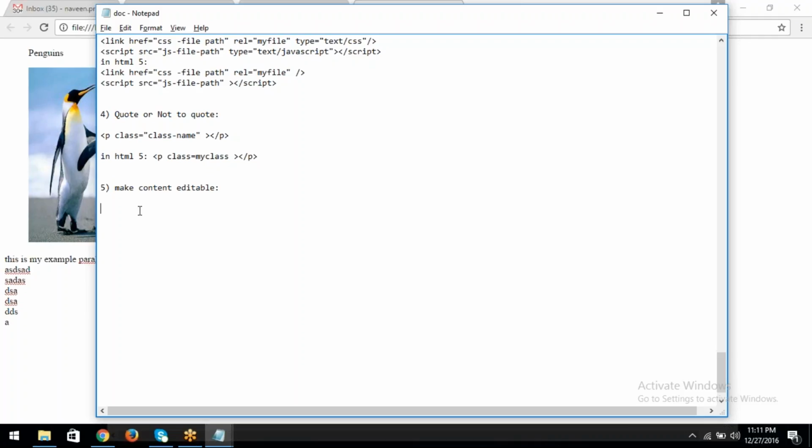And the remaining features: the sixth is canvas,